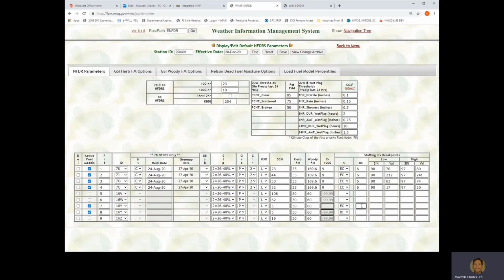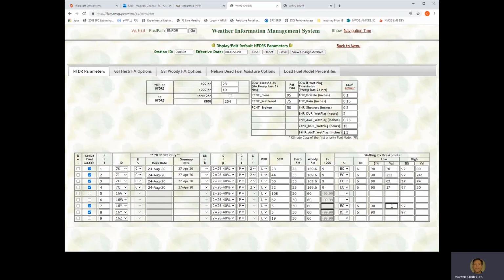I'm going to stick with 6 decision classes. It's not crucially important unless you're using the staffing level and the adjective rating information directly out of WIMS, but it's something we can learn more about. And these 90s and 97s I'm entering, this is the value you enter to tell you what this number means. The number next to this will be the 90th percentile value.